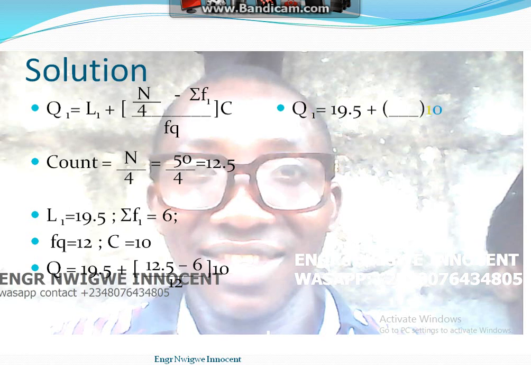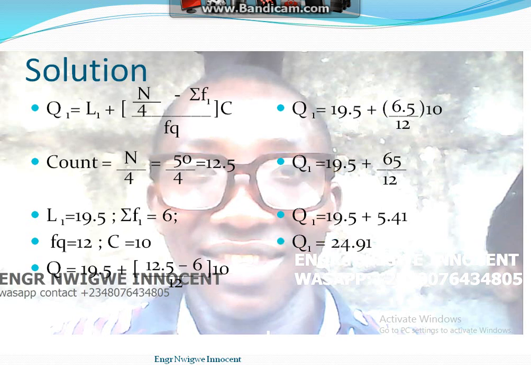Therefore, our lower quartile is equal to 19.5 plus, in bracket, 6.5 over 12 times 10. Our lower quartile will now be equal to 19.5 plus 65 over 12, which is 19.5 plus 5.41. Lower quartile will be equal to 24.91. Upper quartile Q3